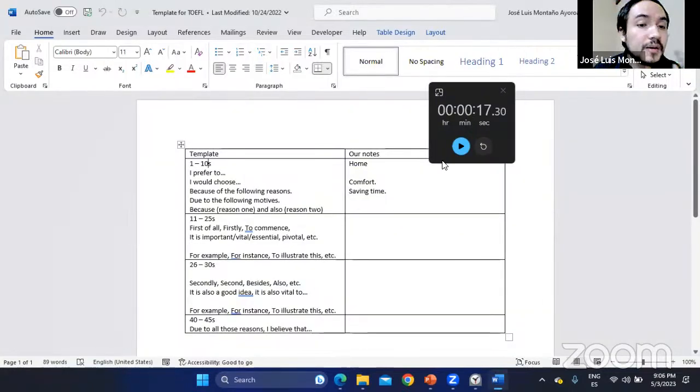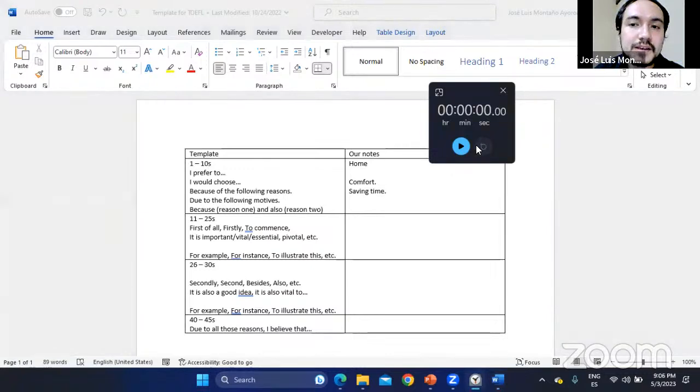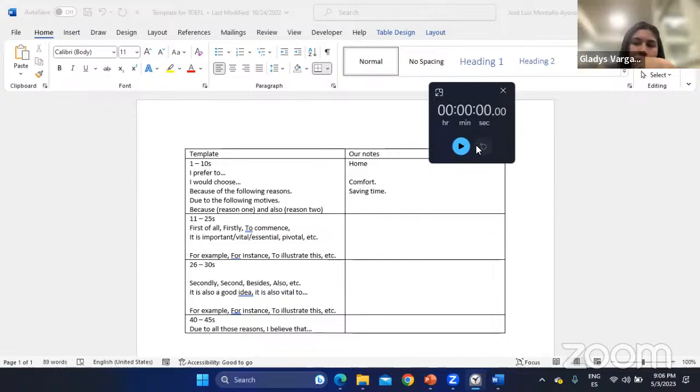And now the conclusion is optional. Only if you are in second 39 or 40, do the conclusion. If you are in second 41 or 42, don't do the conclusion. Just stop there. Okay, so you can say, and that's why it was a bad experience. And I see that it's second 40 or 41, then I stop there. I don't say anything else because it's better for you to stop before than to start something else and not